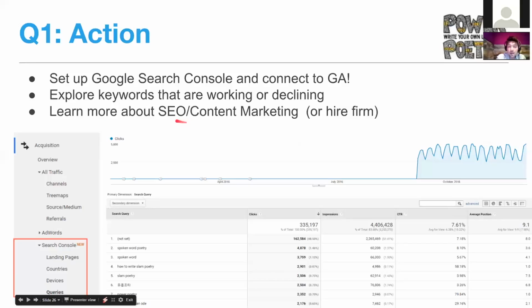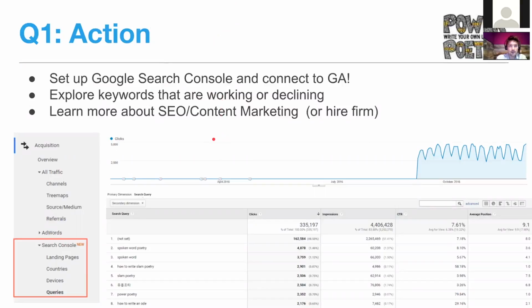Big picture, you can also choose to learn more about search engine optimization and content marketing. Meredith, you can post a link maybe to our section, because you realize, oh my gosh, 60% of our traffic is coming from a source and I don't understand what's going on here, and that's actually driving meaningful engagements on our site. Maybe I should do a little research about it. So these are all types of the actions we can explore.